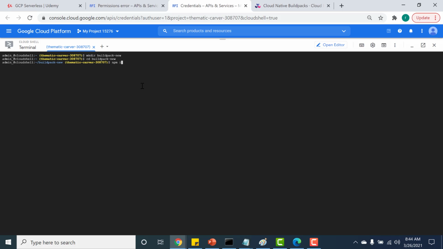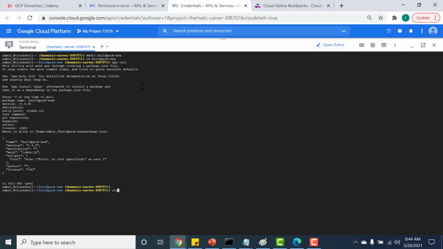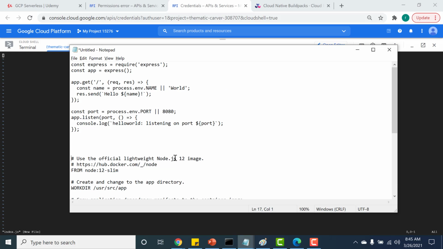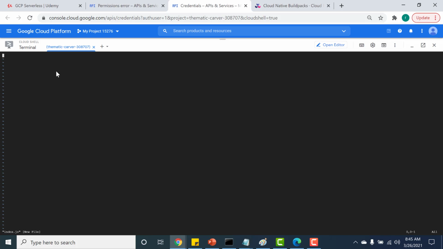I'll do an npm init, install Express, and create my index.js file. I already have my code ready, so I'll just copy paste that. Like the previous example, it's a very simple web server which just returns hello world back on port 8080.